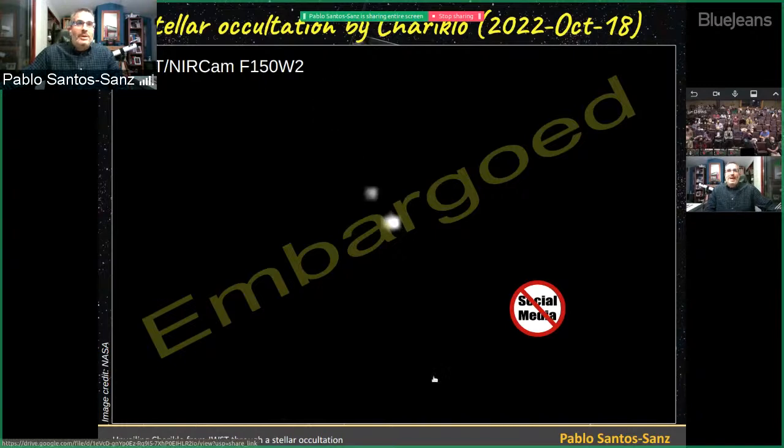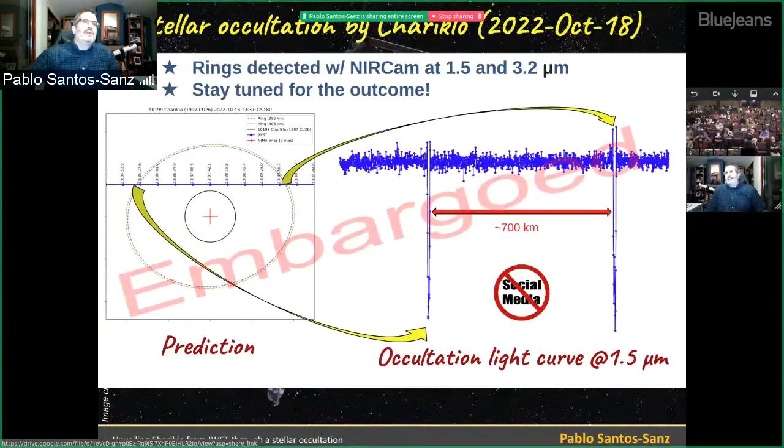You can see the moving object is Chariklo, and at the center of the image is the occulted star. Apparently, Chariklo is passing very close to the occulted star, but of course, one needs to analyze the data and do the photometry to see if the occultation happened or not. In the next slide, I can tell you that finally we detected the rings using NIRCam at both wavelengths. In the left panel, you see the prediction, and in the right panel the preliminary